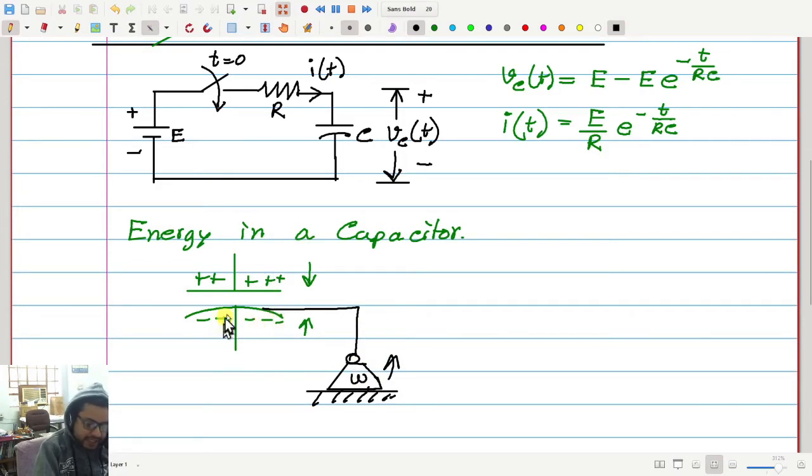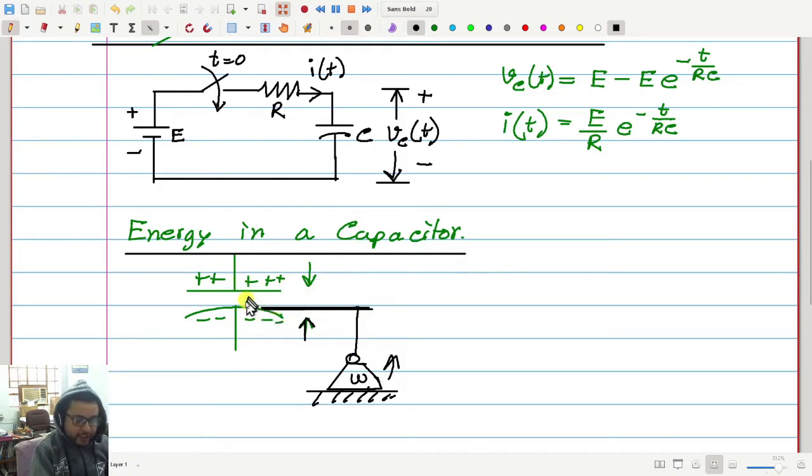And so that is an indication that when the two plates are charged, there is some energy which can be converted into work. When there was no charge, there was no force of attraction and there was no energy. But when you charge the two plates, there is some electrostatic energy stored which can do some work. Now the question is, how much is the energy stored as a function of charge or as a function of the voltage across the two plates.